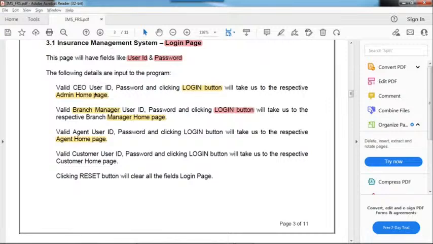You are giving a valid username and valid password, and clicking on the login button. It should take us to the admin homepage. If you are getting the admin homepage, you can say your application is working as expected. Suppose you are not getting the admin homepage, you are getting some other page, then you can simply reject it and say, hey, it is not working as per the given requirement.